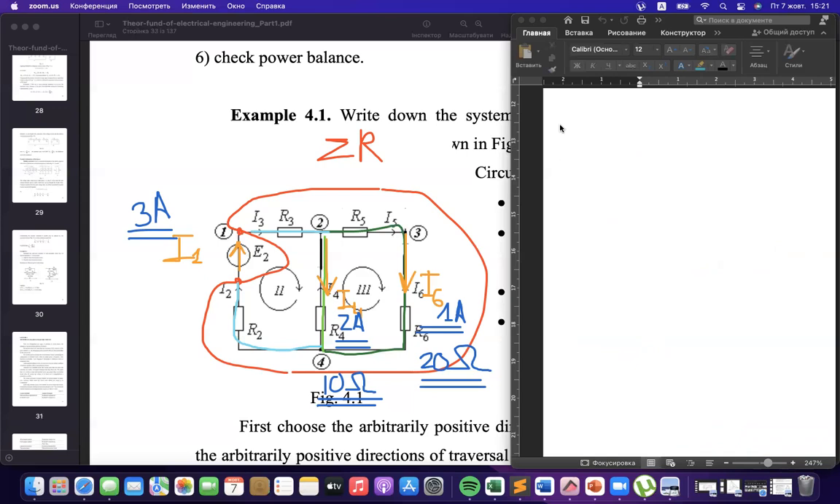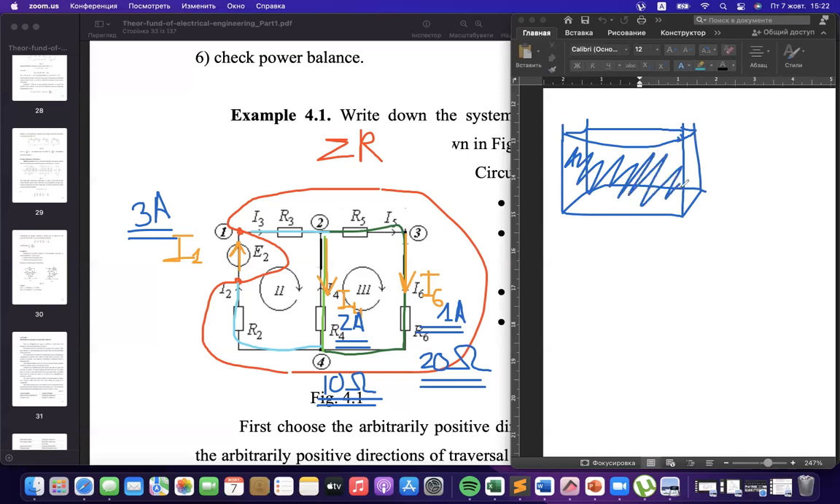First of all, how it could be said, some similar situation from different physics. For example, imagine a tank with water, some pool, tank with water, pool with water. And if you have two pipes for water flow,